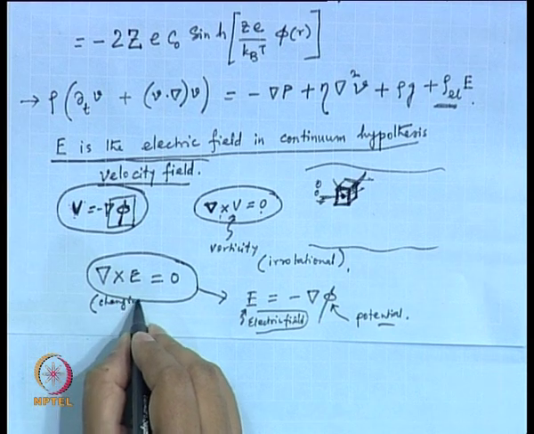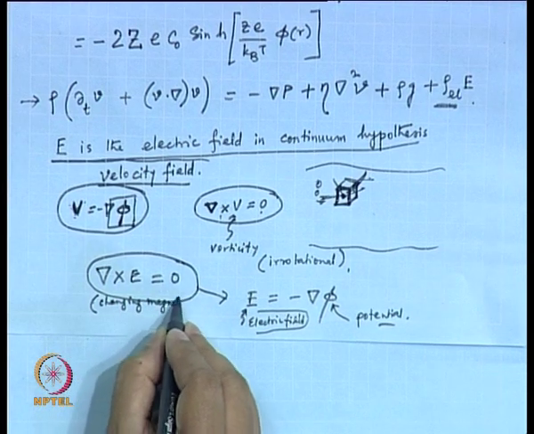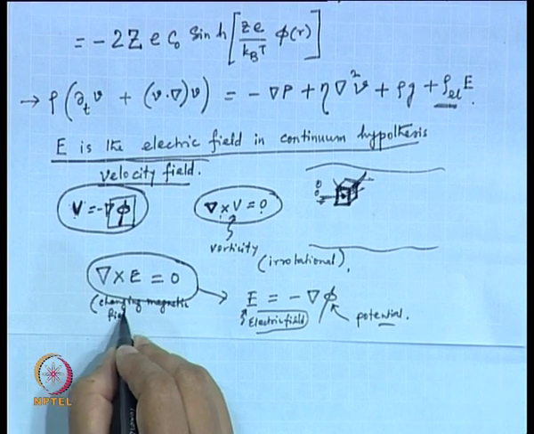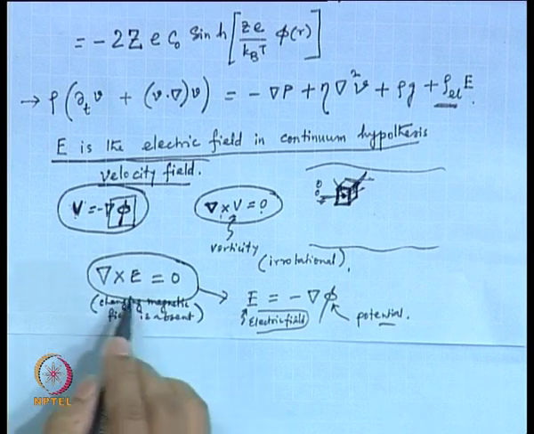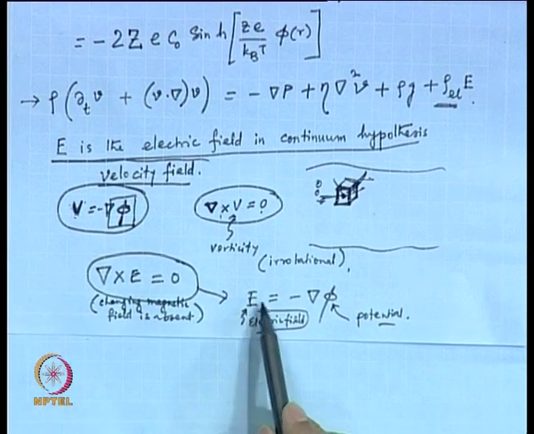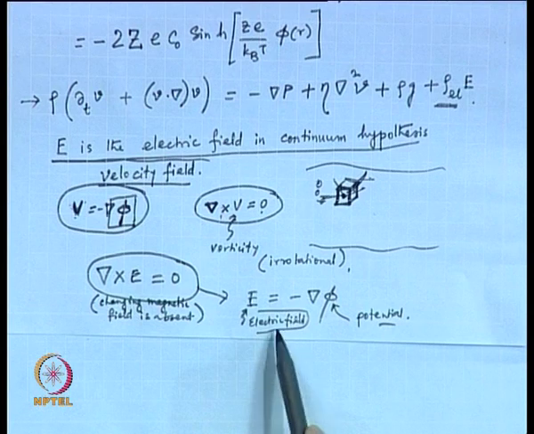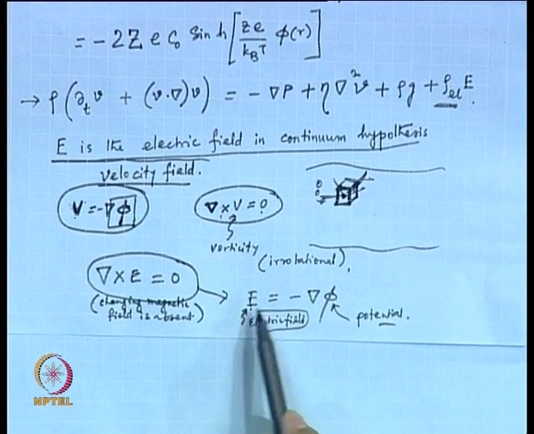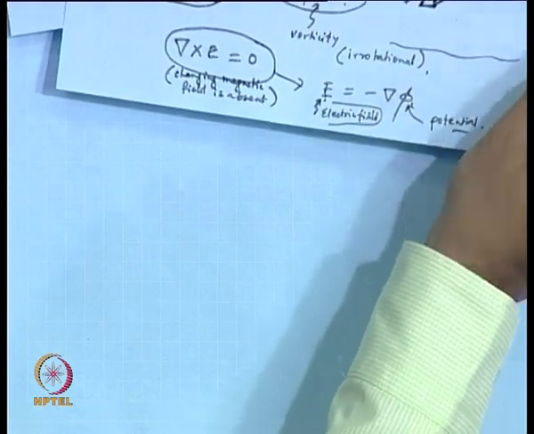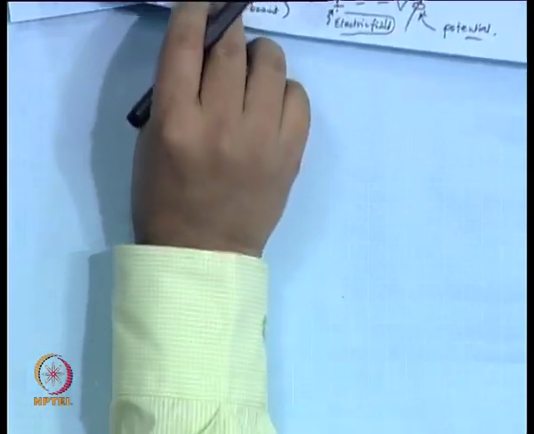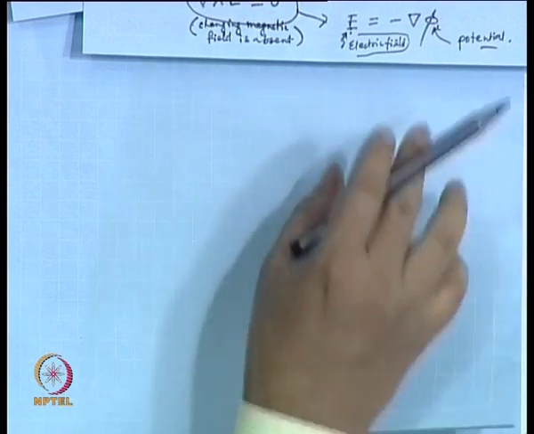changing magnetic field is absent. So, under this criterion you can define E as equal to minus delta phi, where E is referred to as the electric field and phi is referred to as the potential. All right. So, with that understanding, what you can write is then